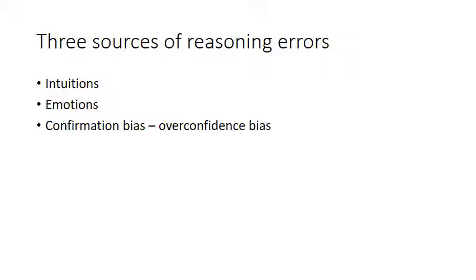And then finally, our intuitions can lead to reasoning errors because we apply them to problems and contexts for which they were not designed. There's a mismatch between the problems we apply them to today sometimes and the problems for which they were developed. Those were our evolutionary relevant problems. And then a second important source of irrationality are emotions. As I said, we're not cool-headed robots, but we're hot-headed primates, and that has an important impact on our thinking.